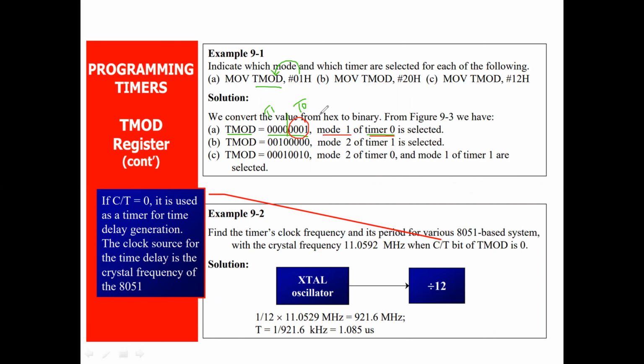How do you say it is mode 1? We have the gate bit, timer or counter, M1, M0. We have 4 bits for timer 0, more specifically. I have mentioned 0, 0, 1. What is this? This tells you it is mode 1. If it is 0, 0, it is mode 0. So from here you can program now. You can easily program which timer I'm going to use and which mode I can set.